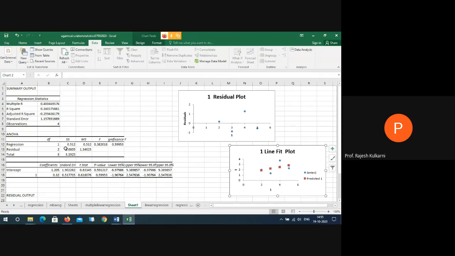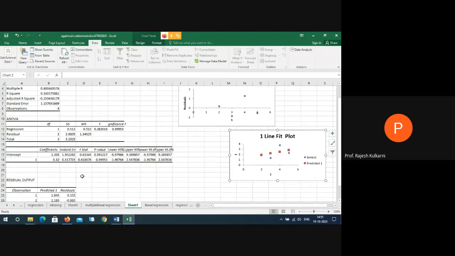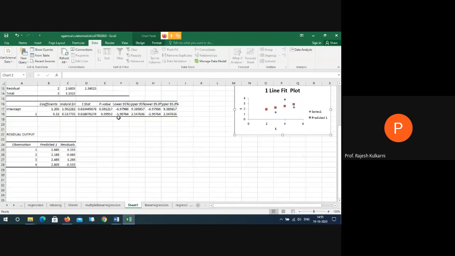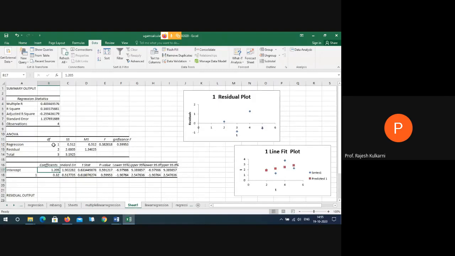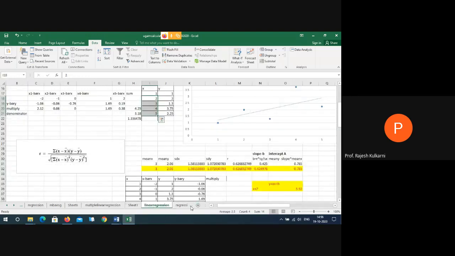Is it not? So are the values different coming here? Let me check. Yeah, something is missing here. I'll go for the fag end.